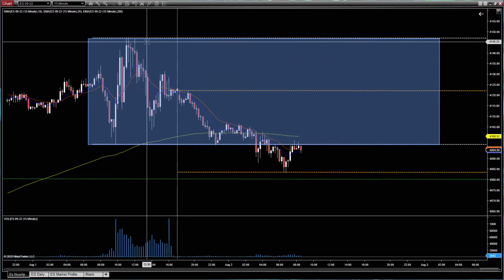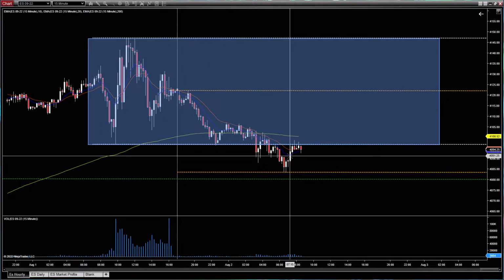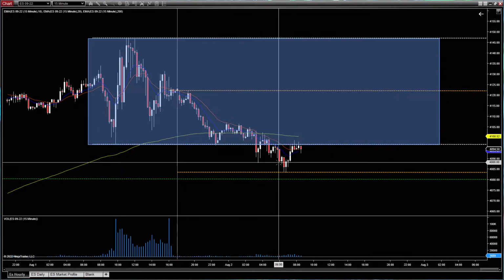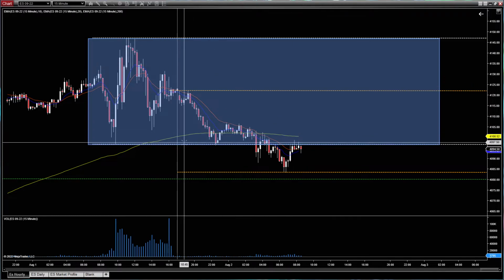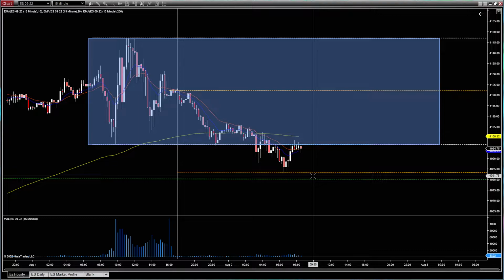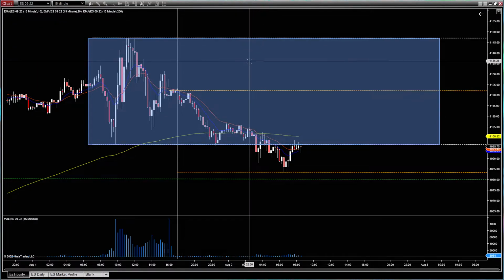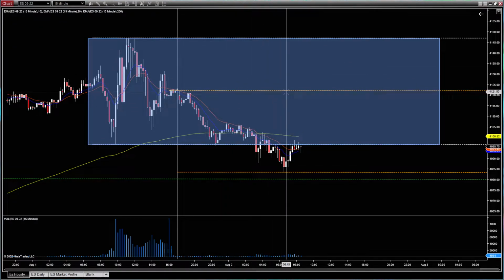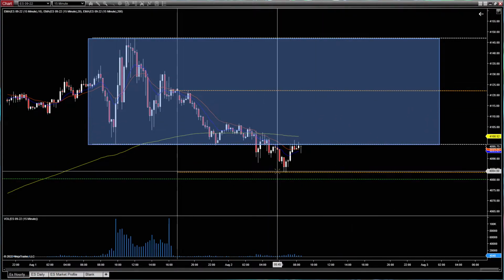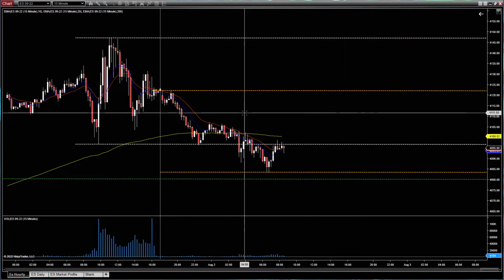So basically for question number one, this is leaning heavily bearish. We came all the way down, broke yesterday's range, came back in, broke it again, and now we're struggling to get back in it. So yesterday's range is broken to the downside, so we have a down arrow. This is bearish, not bullish. If price was up here and breaking up, then it would be bullish. If it was within the range, then it would be a neutral day. So for question number one, more bearish than bullish, obviously. Not bullish at all.